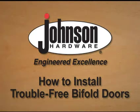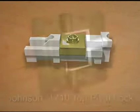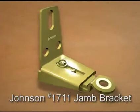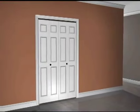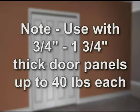Johnson's 1700 bifold door hardware provides innovative features, such as a positive pivot lock, unique breathing hinges, and adjustable jamb mounting bracket, so do-it-yourselfers and professionals alike can avoid doors that clatter, stick, or refuse to stay in place. The easy-to-install 1700 hardware accommodates door panels from 3/4 of an inch to 1 3/4 inches thick, weighing up to